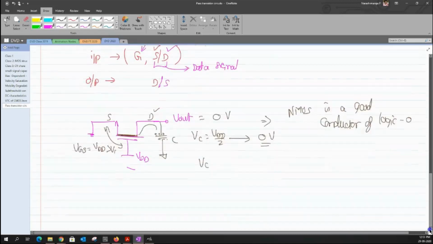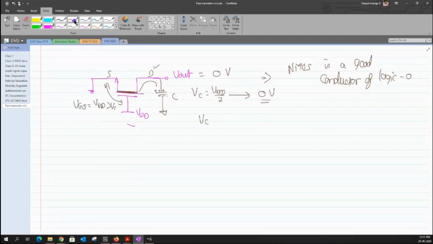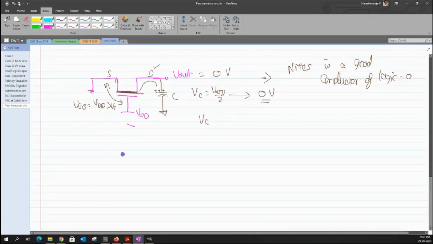Now let us move to a different circuit condition where the input is a bit different. I have an input, and still I'm not going to fix any source or drain here. On the right side, let us assume that there is a capacitor, and the initial voltage across this capacitor is taken as VDD by 2. I just want to keep this common for both the PMOS and NMOS, so I'm fixing the mid value as my initial voltage. It need not be like that, but I'm just using it for convenience.